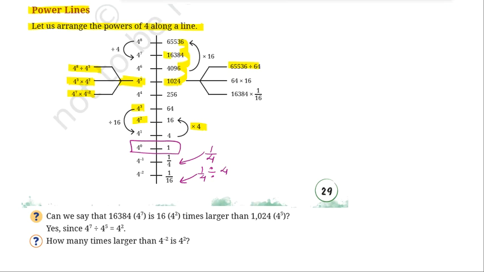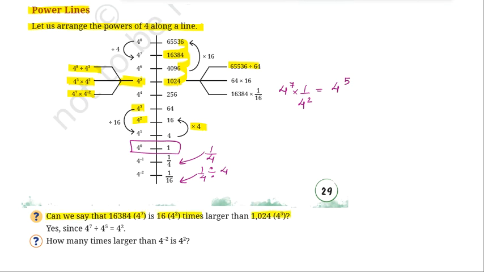एंड देन व्हेन यू हैव 4 to the power of 7 और आपने इसको डिवाइड किससे किया है, 1/16, इसको लिख के देखते हैं। 16,384 क्या है, 4 to the power of 7 है, और 1/16 क्या है, 4 to the power of 2 है। जब आप इसको सॉल्व करोगे तब भी आपको 4 to the power of 5 ही आएगा, राइट। आपने डिवीजन वाला प्रॉपर्टी लगा लिया। सो दिस इज अ पावर लाइन जिसमें आपको बहुत सारी चीजें दिखाई गई हैं कि कैसे क्या होता है।